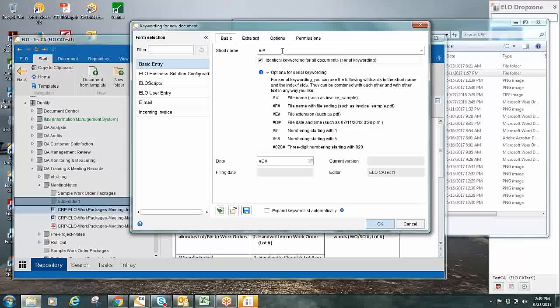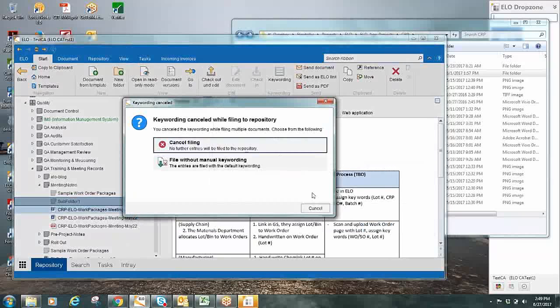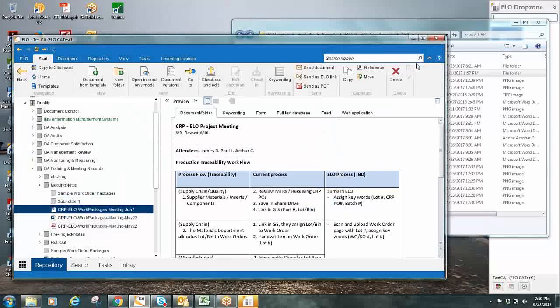So I still think the best bet is the drop zone, where under the drop zone you have two different icons, each icon having its own keyword form, one for safety, one for quality, and then dragging those types of files into it. But we can take that up with ELO and give you a more definite answer, if that's where you're going to head with that. Okay, so